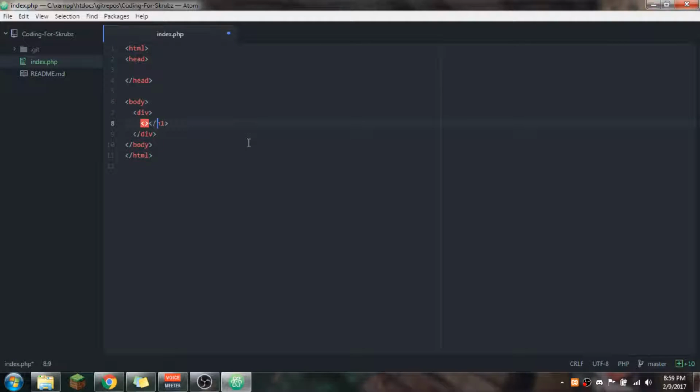Now there's lots of these, and you can do H1, H2, H3. I think it's up to H5 or H6, and they get smaller and smaller. And the first few have bold, I'm pretty sure, and the other ones don't. If they don't have bold, you can also do strong and /strong, and then type text here. But I don't want to use strong. I'm just going to type title here,